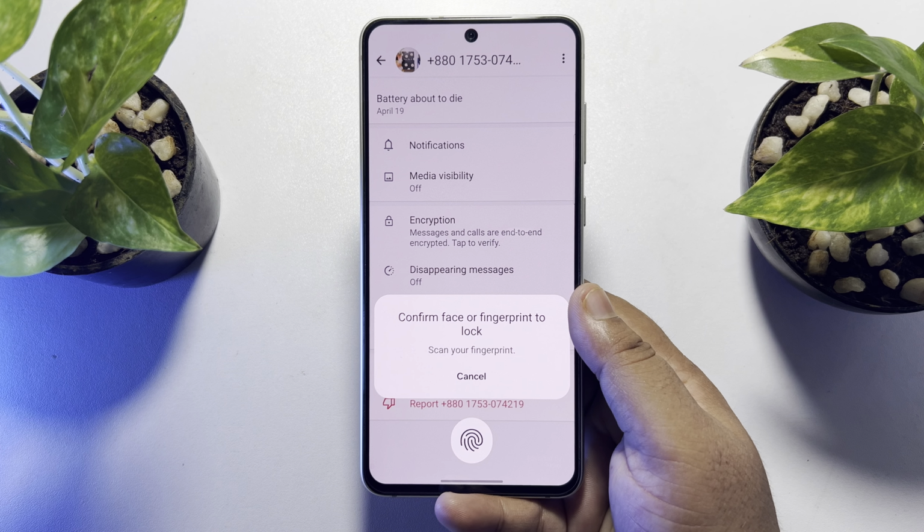And here you have to verify your face ID or fingerprint to lock the chat. So just put your finger here to verify your fingerprint. Once done, as you can see, the chat has been successfully locked. Now I'm going back to my chat homepage, and as you can see, the chat is no more in my